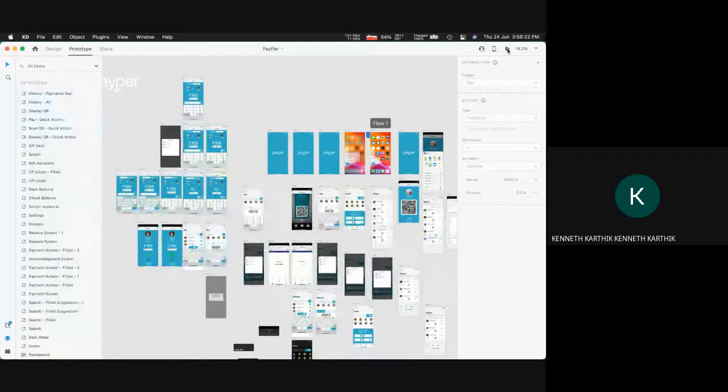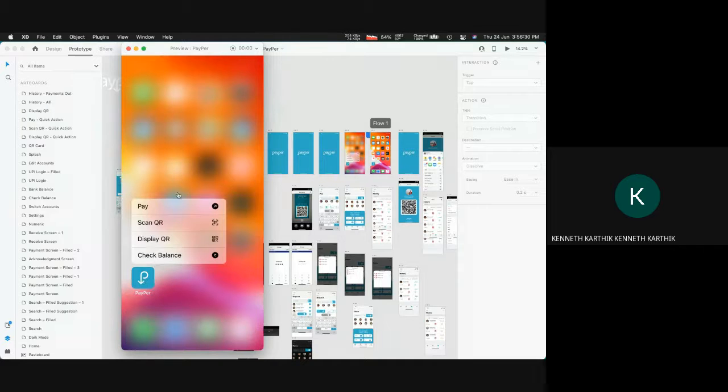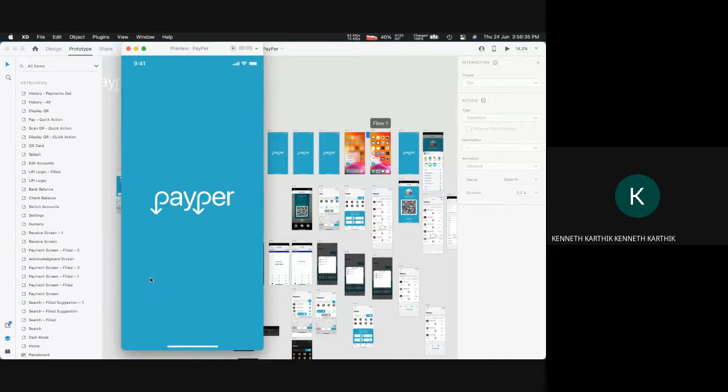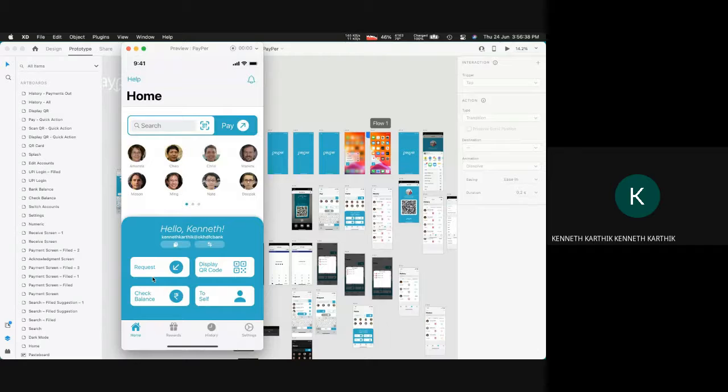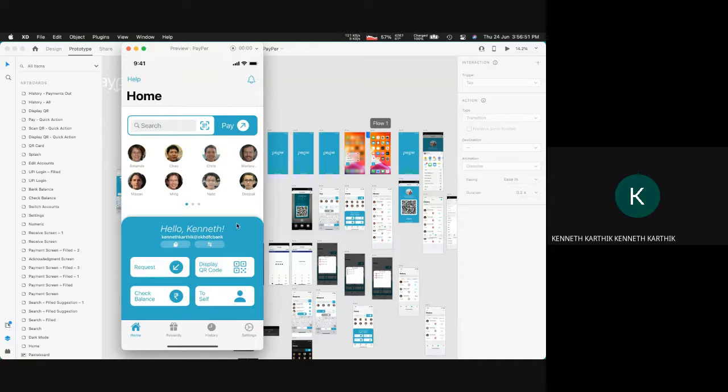So now if I run the prototype, hope it still runs. You can see there's an app icon over there. You click on the app, and if you force touch the application, you can do quick functions, or if you just click on the app, it opens up with the splash screen, and then it opens up the page. Like I said, you go to the search bar, it would open up automatic bank transfers, bill payments, and you can go back to the home screen, and it has fluid animations through all of it, so that the users are accompanied with some sense of fluidity throughout the operating system.